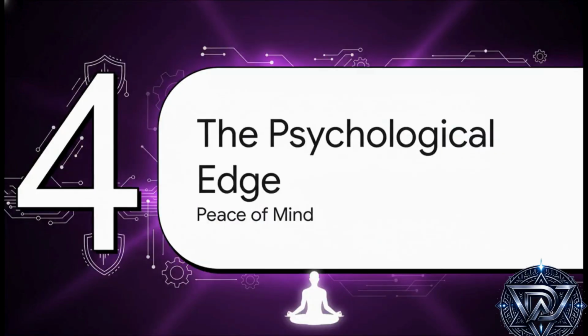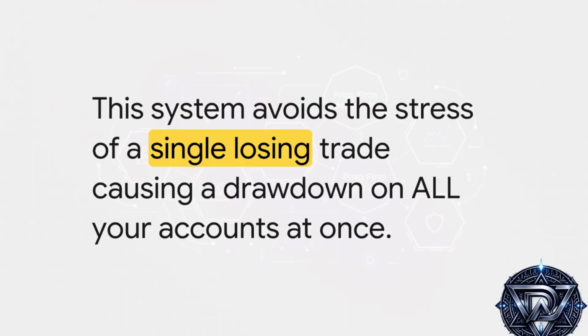Beyond all the risk management and the fancy software, there's another benefit here that might actually be the most important one of all. And that's the psychological edge this method gives you. Just think about the mental weight of it. Imagine you have a bad day and you're down 5%. Now, imagine being down 5% on 10 accounts at the same time. The stress just multiplies. It's what leads to revenge trading, to fear, to just plain bad decisions. The isolation method completely dismantles that emotional pressure cooker. A loss is just a loss. On one account, it's contained.